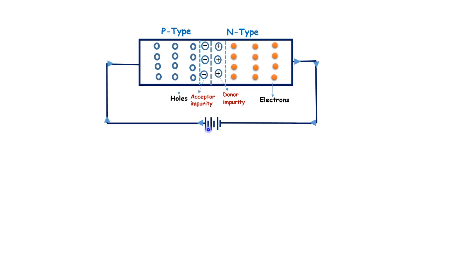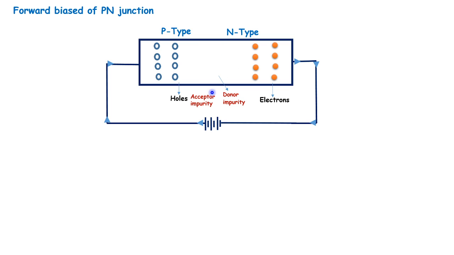Now as soon as we switch on this battery, what happens? The depletion layer is removed, and these electrons and holes recombine at the junction point. This is the recombination of electrons and holes at the junction, and we assume that current is passing through the PN junction. So the depletion layer vanishes, and as we increase the battery voltage, current passes through the PN junction. This is the point we have to remember.